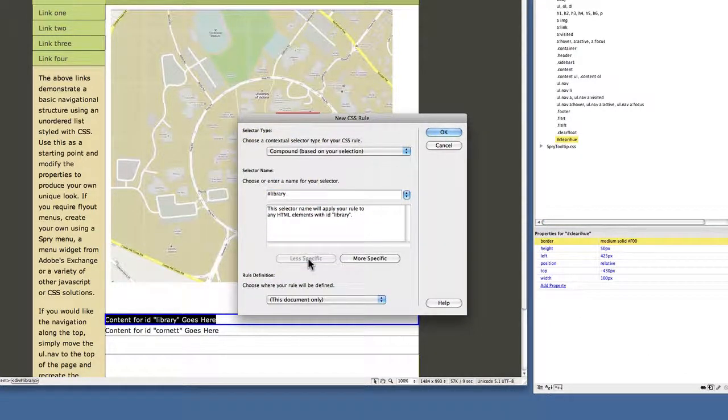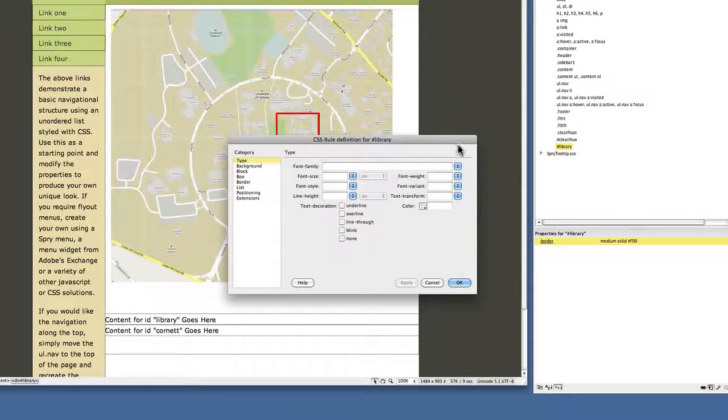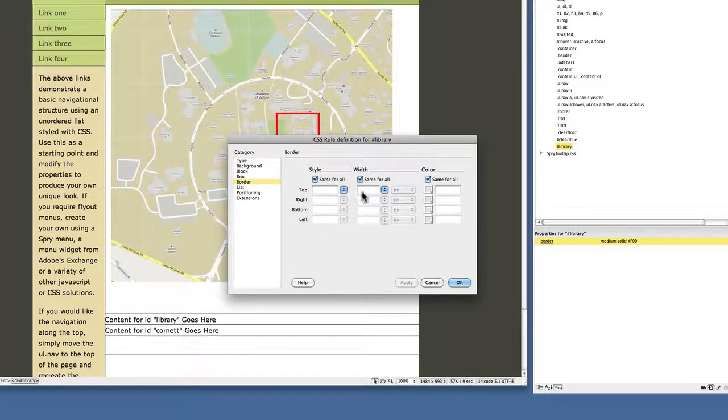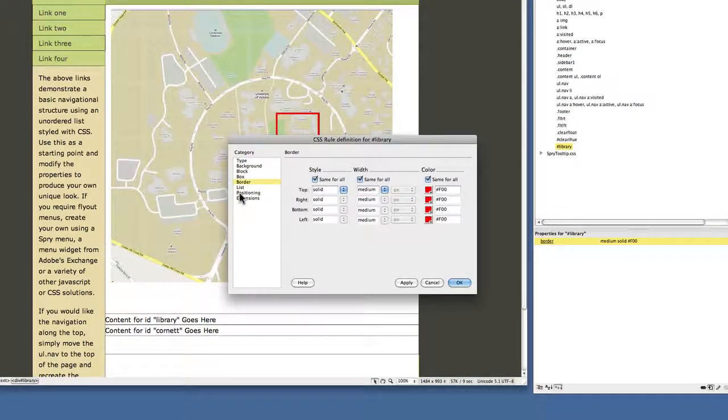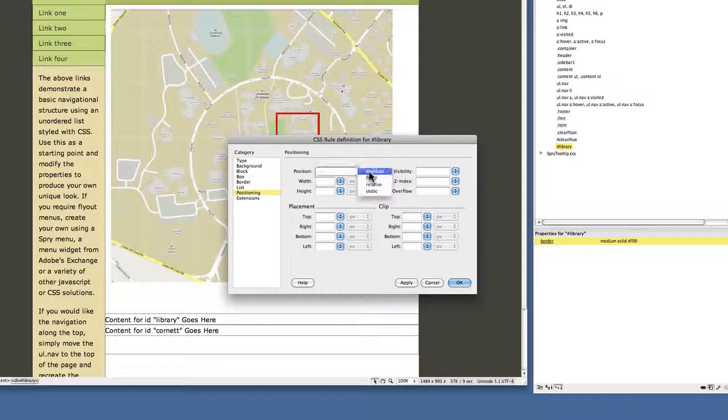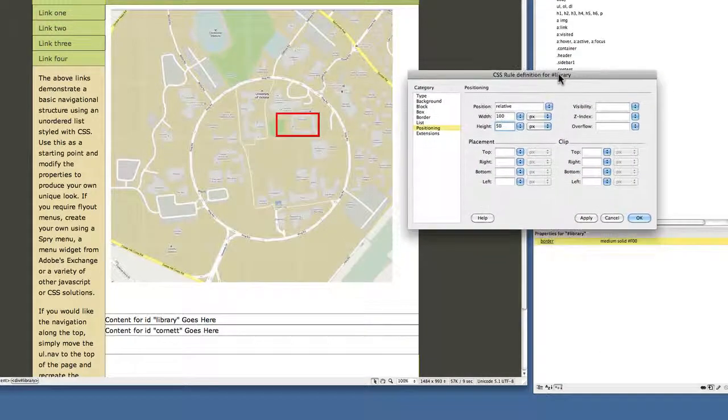Make it less specific because library is the only name like that in the whole page. And we'll start off by giving it a border. We'll do exactly as we did before. We're going to make it solid, medium, and red. And then we're going to come down to the positioning category, and we're going to make sure that we've set it to relative. We're setting its width, just like our first example, to 100 pixels wide by 50 pixels high. And again, we're going to